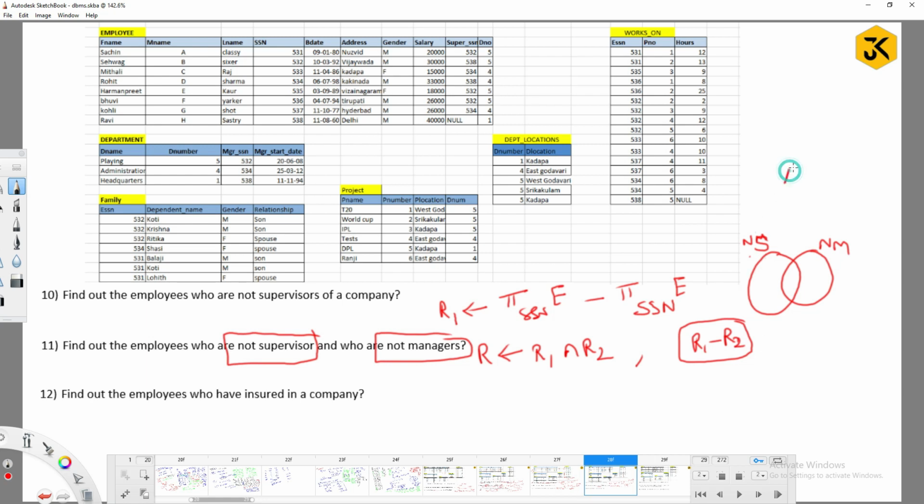See, what is the meaning of A minus B? Those which are in A but not in B. So replace the same sentence: who are not supervisors but not managers. Simple thing.